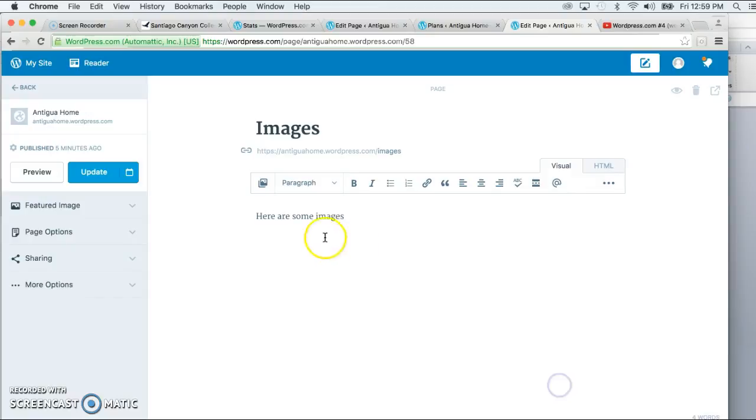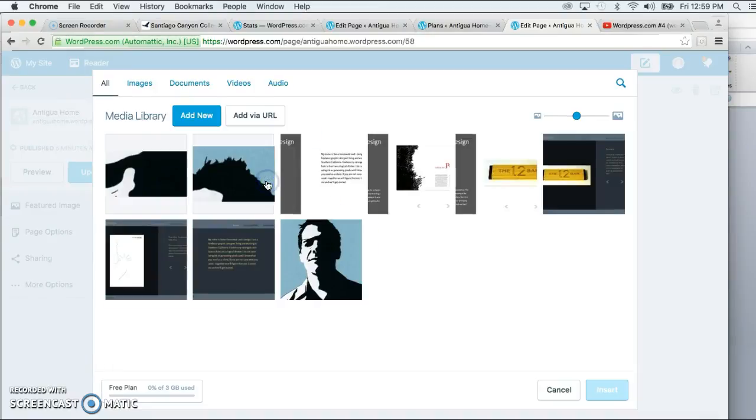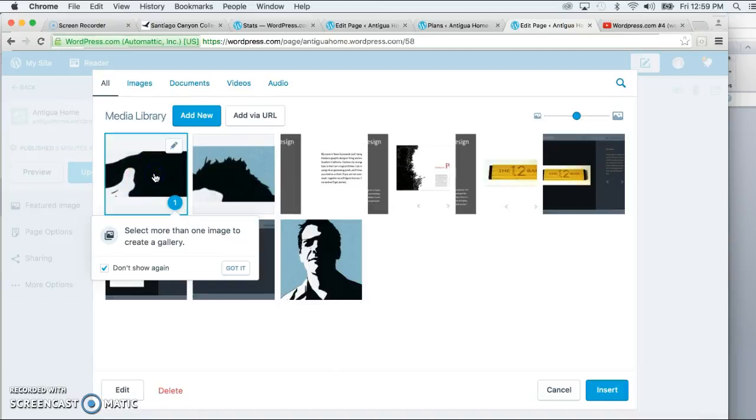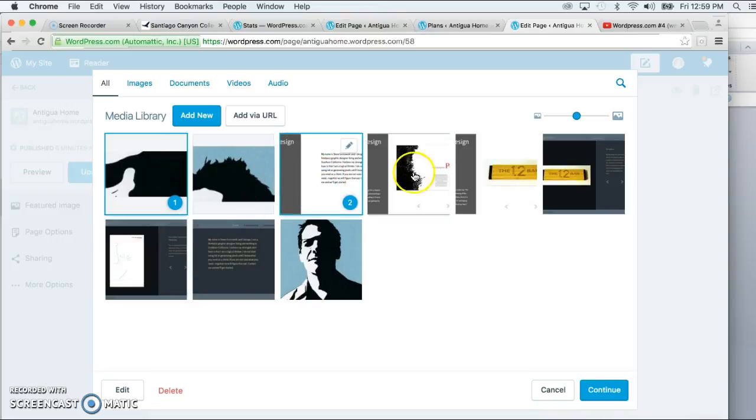And actually, I got to cancel out of that because I just noticed my cursor wasn't where I left it. There we go. Okay, so Add Media. And then you just click on the images that you want to put in the gallery. So we can just go ahead and keep selecting. And then you go to continue,